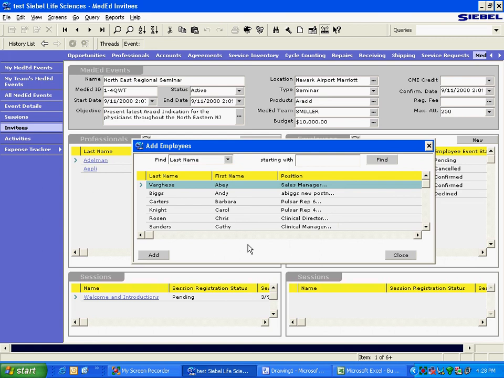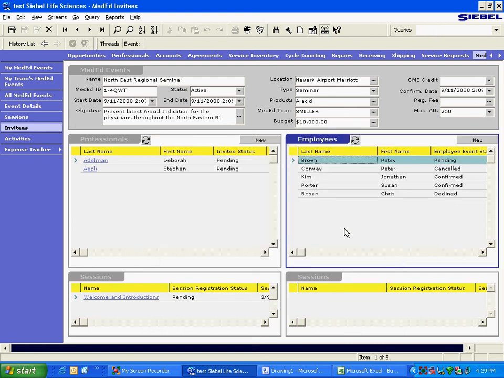I think it was there in some other version of Siebel. Out of the box there is a button here. He could see the entire list, or he could see only the professionals who are associated to him, the sales team member. So it means that we can build the functionality of that.